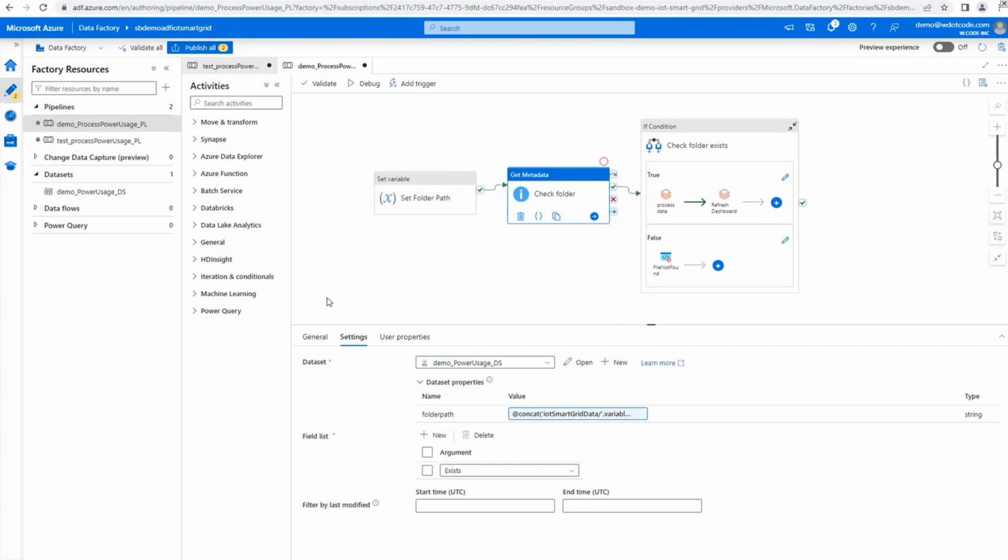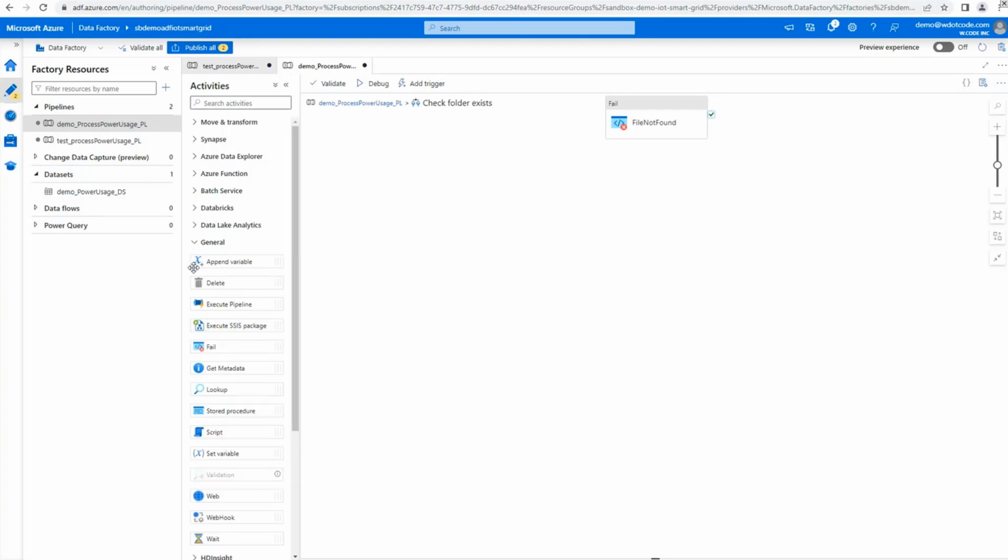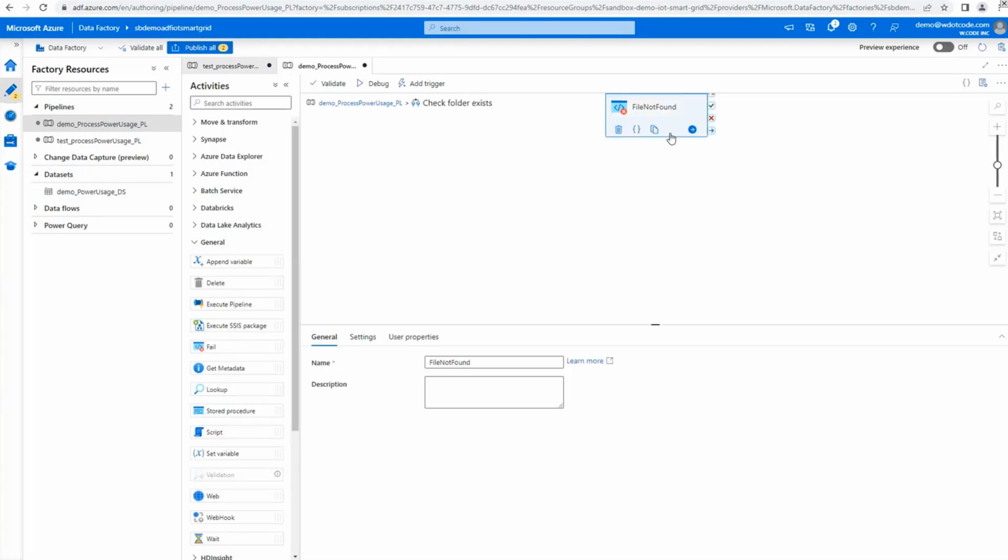Okay. Now it gets into this funny big block of code here, and this is really just an if statement that checks whatever is being returned by the get metadata. You can find this if condition under iteration and conditions, and you'll have the true and the false block. I'll go into the false block really quickly, as it is the most simple thing. It's under general, fail. So if the folder doesn't exist, you're just going to fail with 404, which means file not found, as the standard